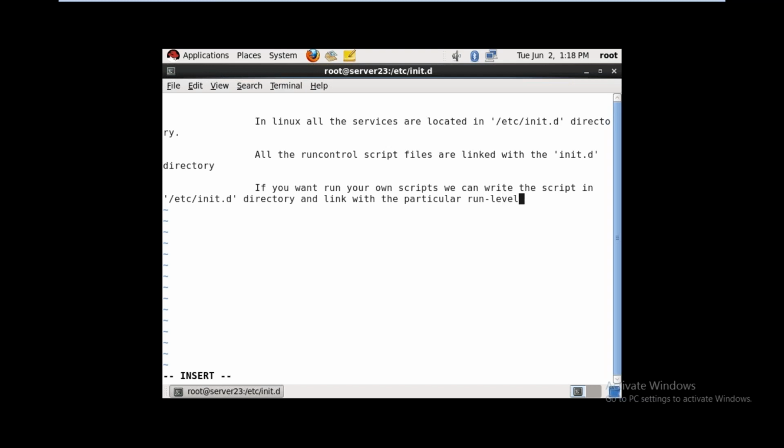So if you want to write your own scripts to run when you boot into the server in a particular run level, you just have to go to the init.d directory. There write the script, maybe start the database, stop the database, whatever it may be. The scripts will be given by the developers. They want to run in a particular run level, or they want to stop in a particular run level. So as an administrator, you have to write the scripts in the init.d directory and link them with the particular run level.